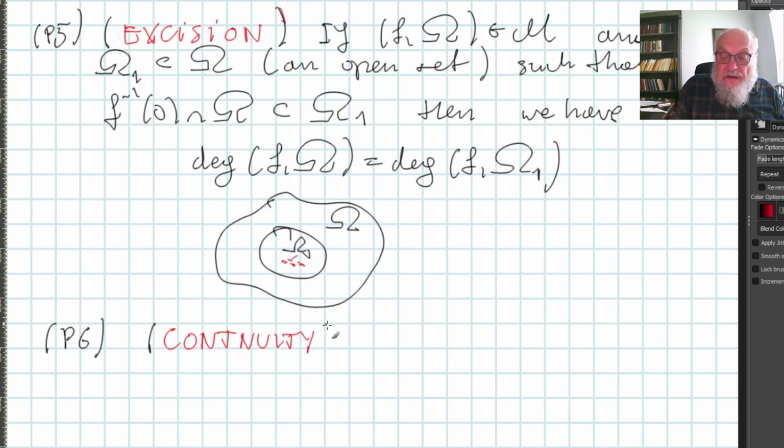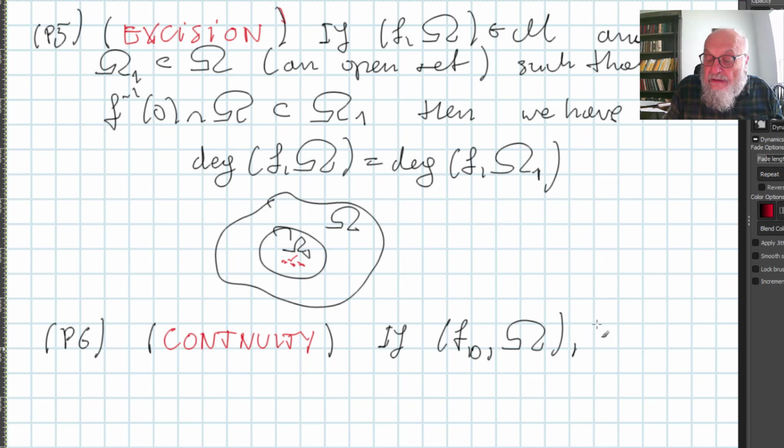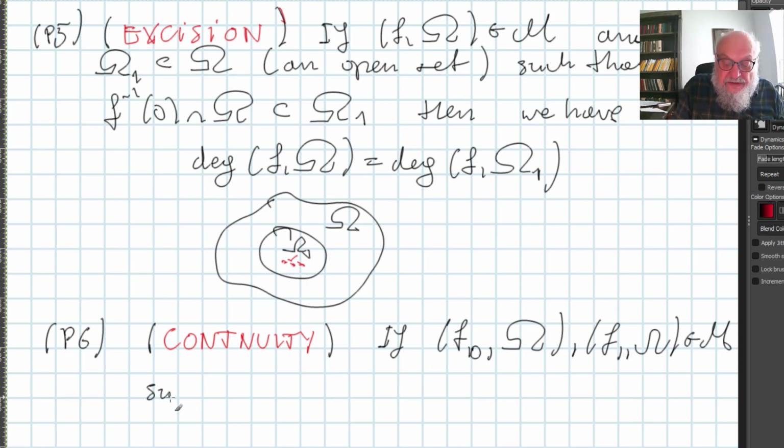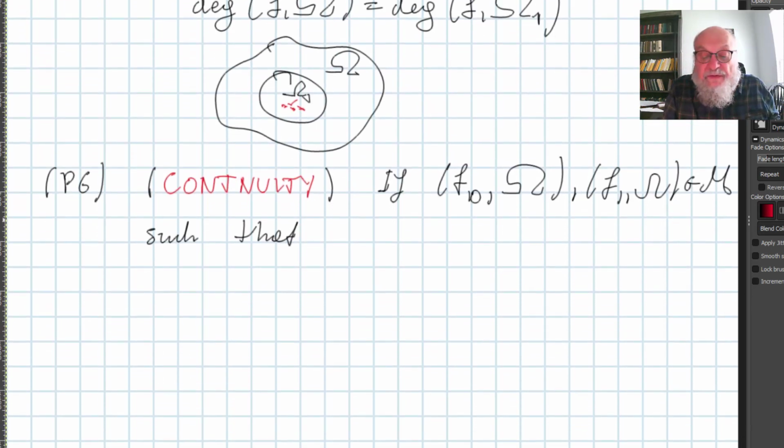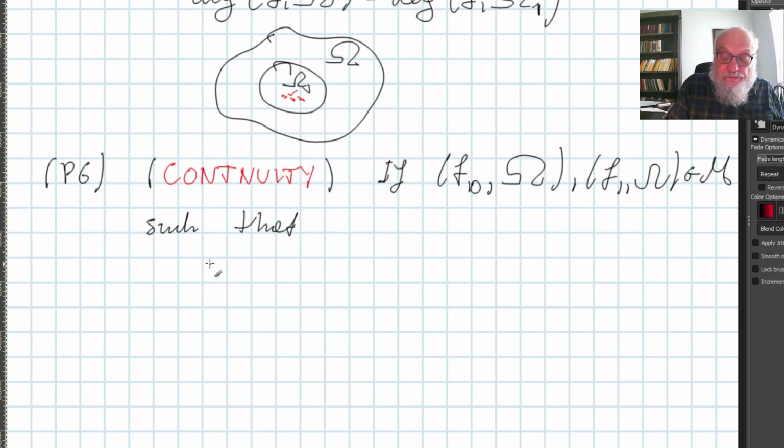And this simply says the following: if f0, omega and f1, omega are two admissible pairs, and of course notice that this is the same omega, so that means it's on the same space, such that the supremum